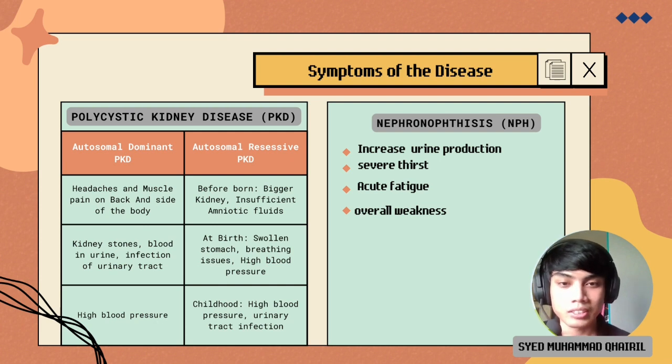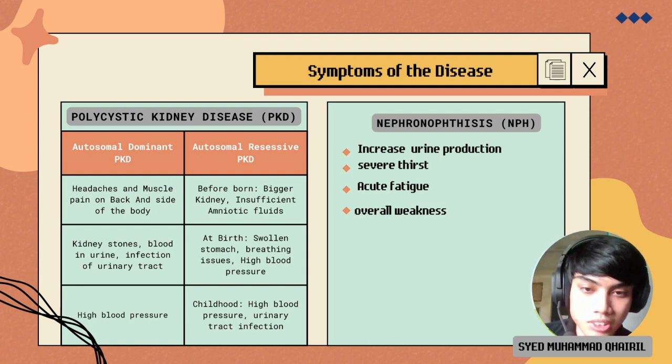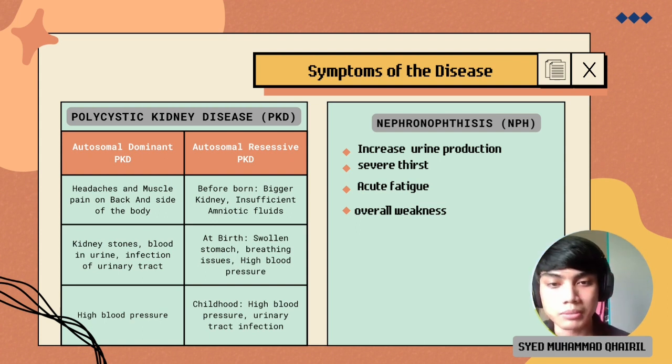For recessive PKD, before the baby is born, the symptoms are bigger kidney and insufficient amniotic fluids. After birth, the baby will have swollen stomach, breathing issues, and high blood pressure. And in childhood phase, the child will have high blood pressure and urinary tract infection. The next one is nephronophthisis, the symptoms are increase in urine production, severe thirst, acute fatigue, and overall